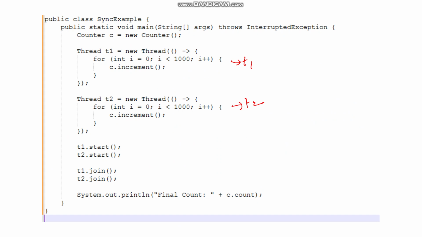T1.join and T2.join. Here the join makes main wait; during this execution it will not allow the remaining things here. System.out.println("final count" + c.count). We are displaying the c.count value. This is about the